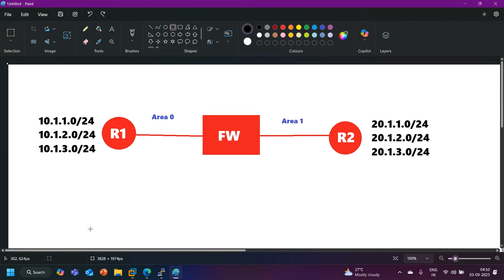Guys, in the last class in day 13, we had discussed some most important OSPF configuration and troubleshooting commands on FortiGate Firewall. And in today's class, in day 14, we are going to understand area route summarization on FortiGate Firewall. OSPF area route summarization. Like here in this scenario, you can see my FortiGate firewall is connecting two different areas,